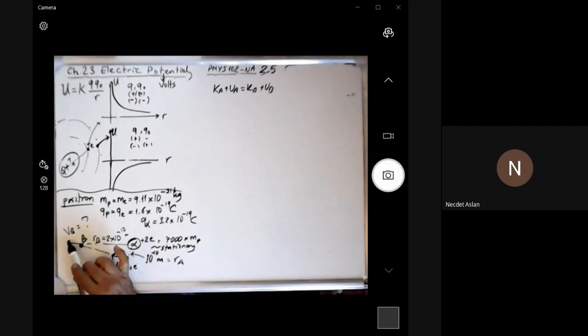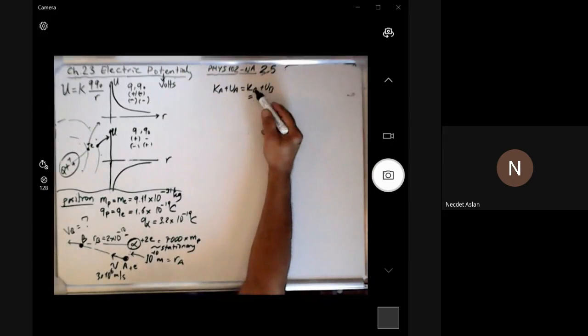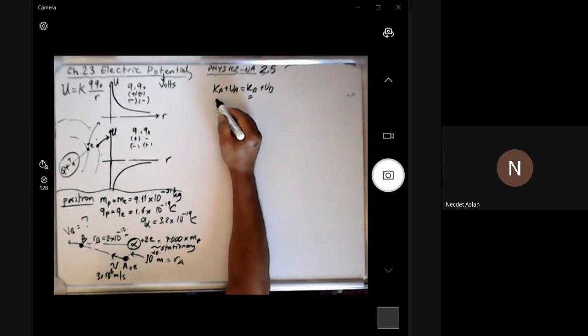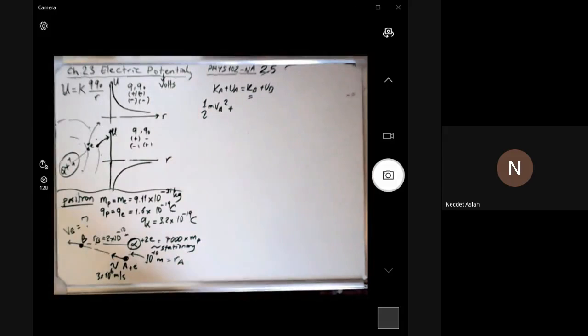Then all we are left with is the kinetic energy at point B, from which the velocity can be easily calculated. So here, we first have to find the kinetic energy at point B. So KA is 1 over 2 m VA squared plus UA, but UA, don't forget, is the potential energy between the two objects, between the two charges, which is given as just